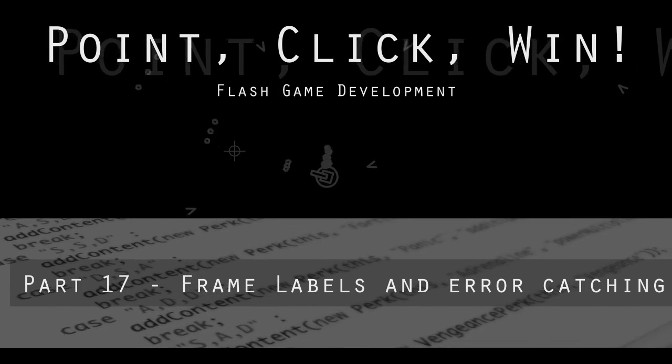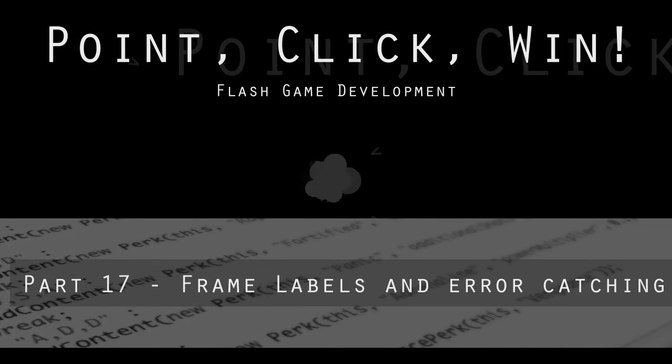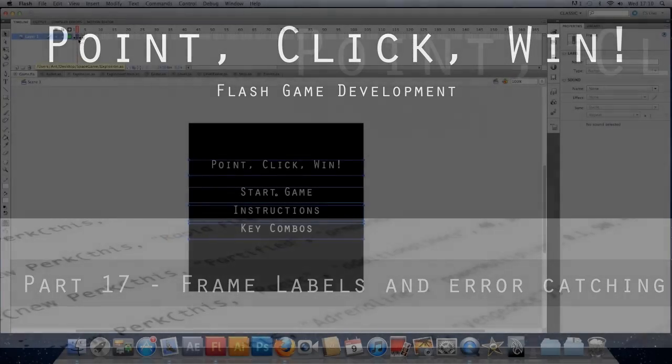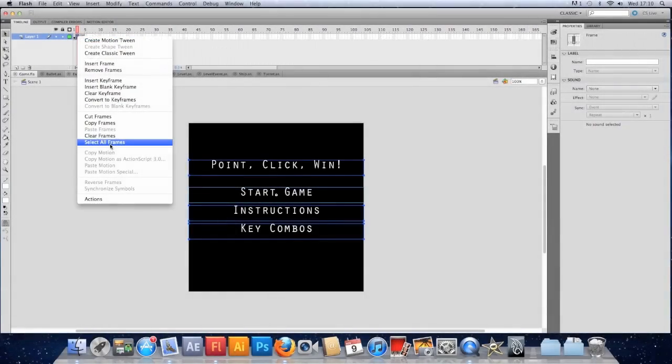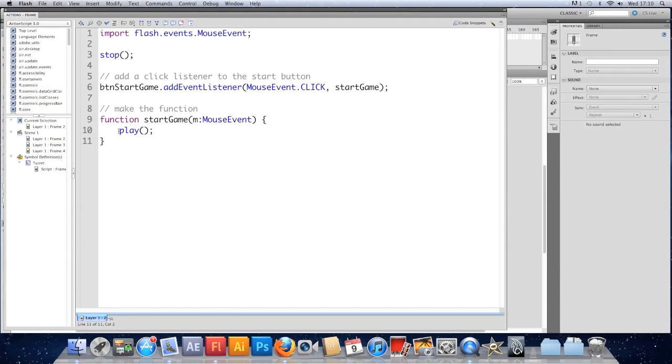Hello again. We're going to take a look at frame labels now. They're used to give keyframes names instead of relying on numbers or simply playing as we are at the moment. So if we look in our menu at the actions, you can see that at the moment when we click the Start Game button, all we do is play,